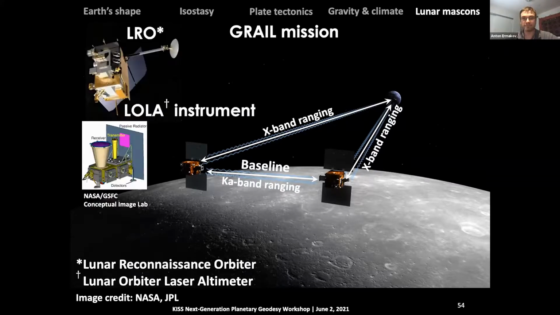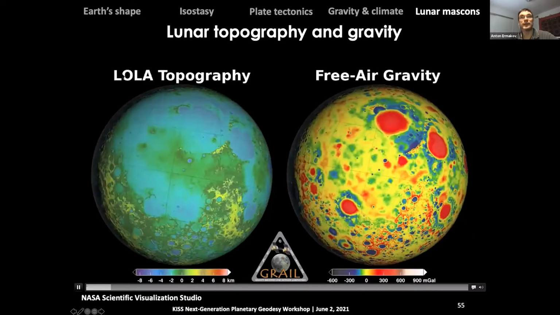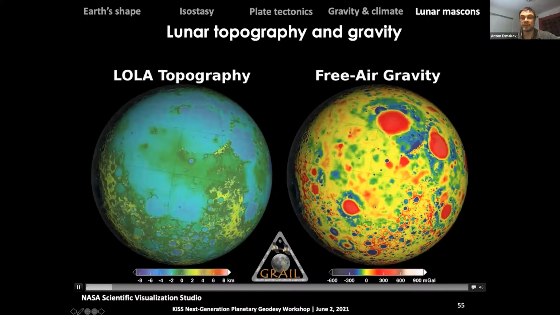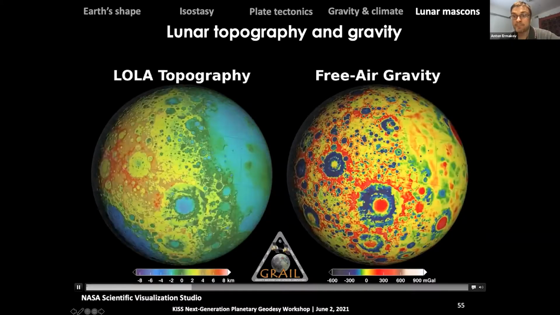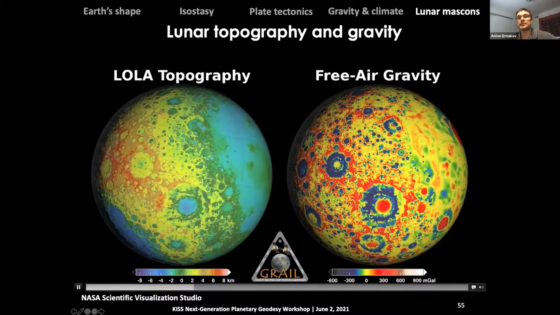To fully exploit the high resolution GRAIL gravity data, we also need to know lunar topography, for which the primary asset is the laser altimeter instrument called LOLA on board the LRO mission. This animation shows the topography of the moon from the LOLA instrument, and the lunar gravity, specifically the free air gravity anomaly. In this right image here, you can clearly see the effect of topography